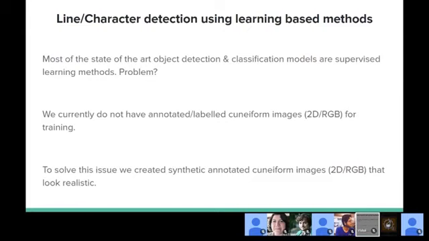And now, most of the state-of-the-art object detection and classification models are supervised learning methods, and that means that they require a labeled data set. So the problem we currently face is that we don't have any annotated or labeled cuneiform 2D images. To solve this issue, I created a synthetic annotated cuneiform image that looks as realistic as possible using the current information